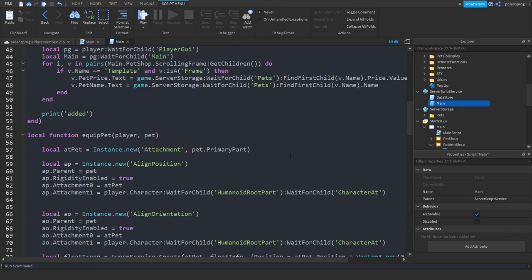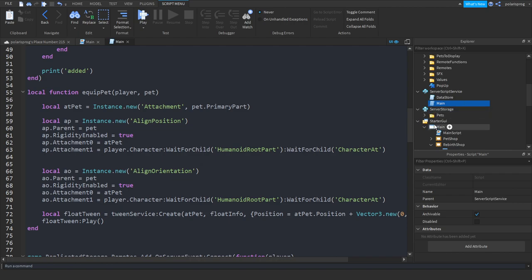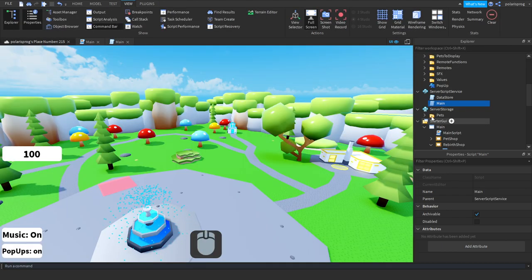And then what we're gonna do is in the function where we equip the pet, all we have to do is just firstly, inside of each pet in ServerStorage, we're gonna add a